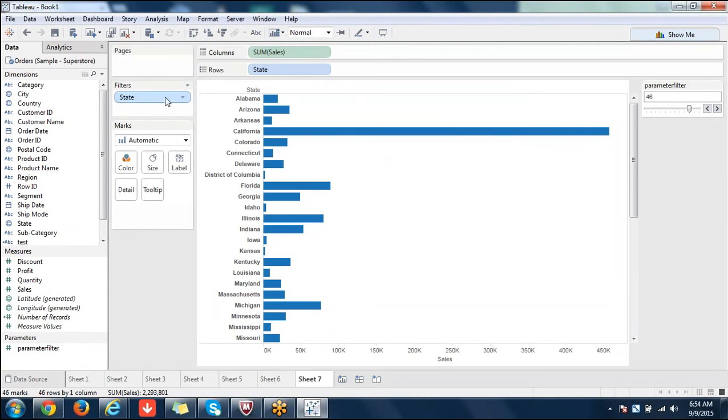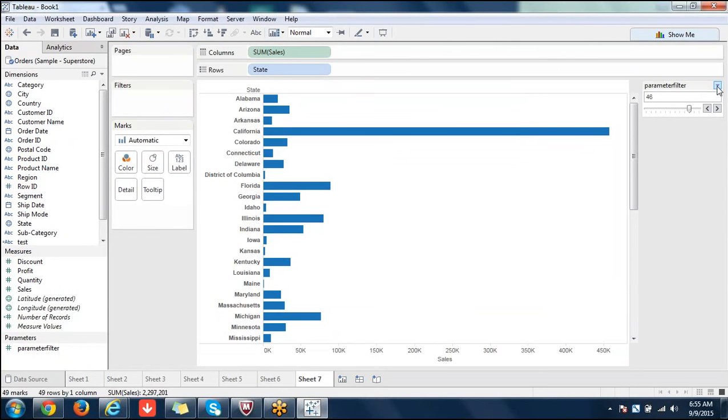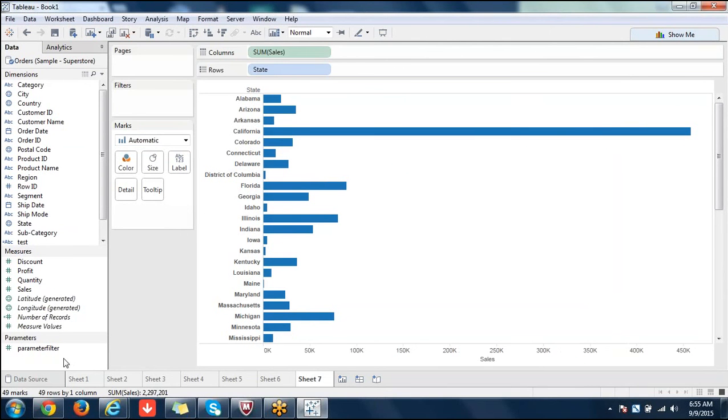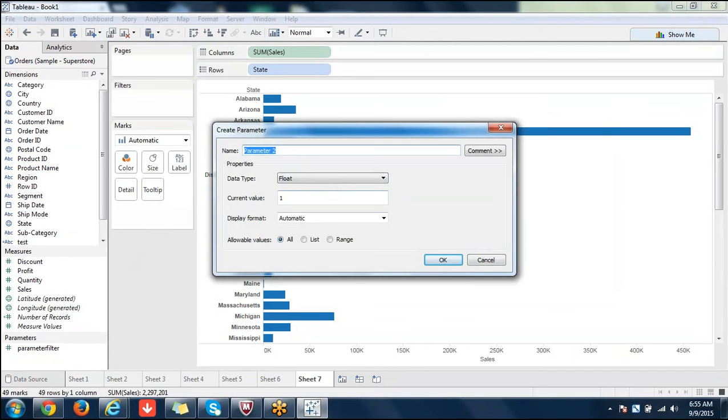And other way of doing things. Okay, now I have removed the filter here, and there is no value to it now. I'm removing this. Okay. Now create parameter. Parameter 2, whatever it is.